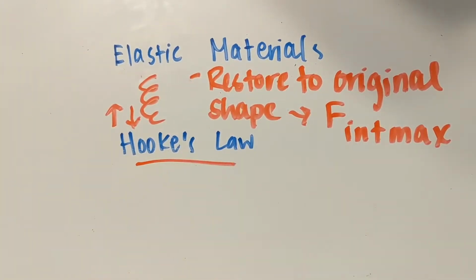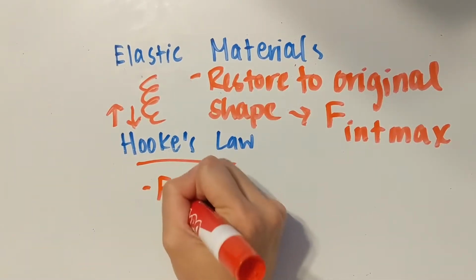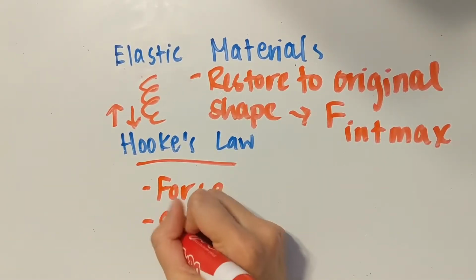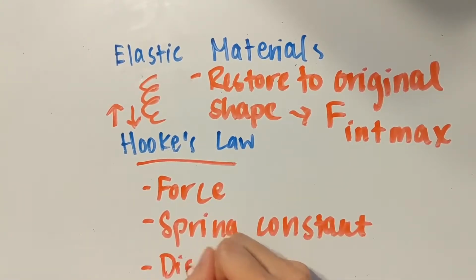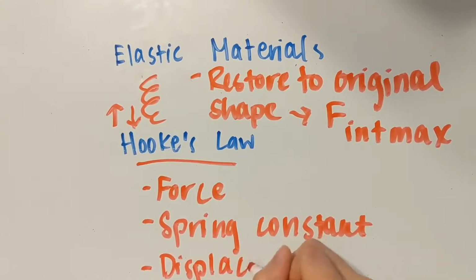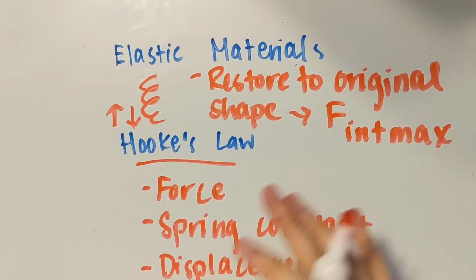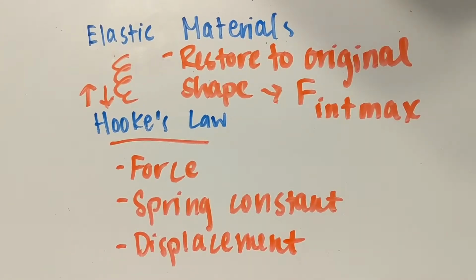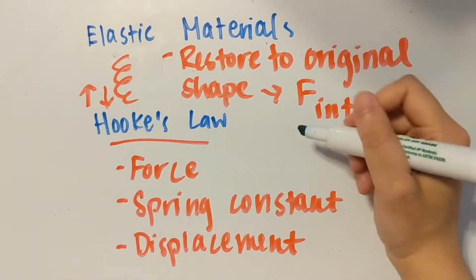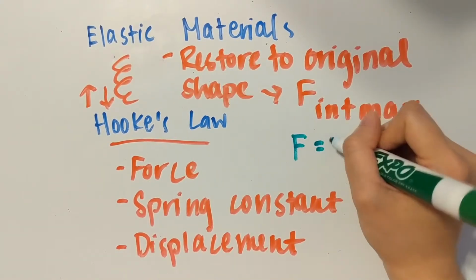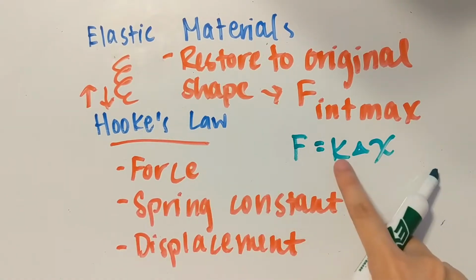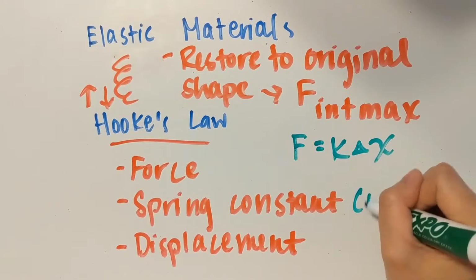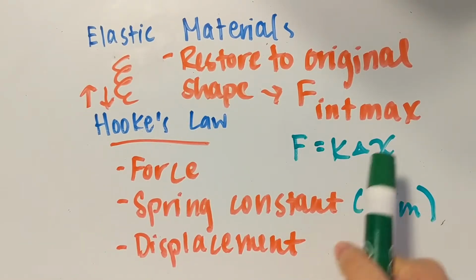Now, as for Hooke's law, it takes into account the force, something called the spring constant, and the displacement of an elastic material or spring. And it takes all of these variables and puts them into a nice little relationship for us so that we can use it for various problems. So Hooke's law is written as F equals K times delta X, and F here is going to be the force. K is our spring constant, which is measured in newtons per meter, and delta X is going to be